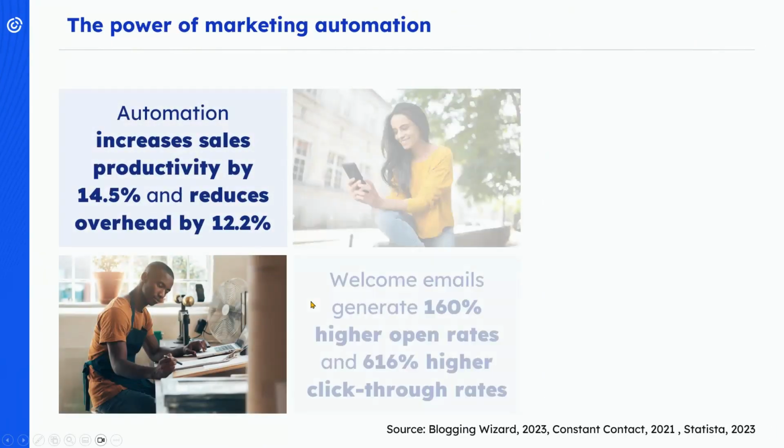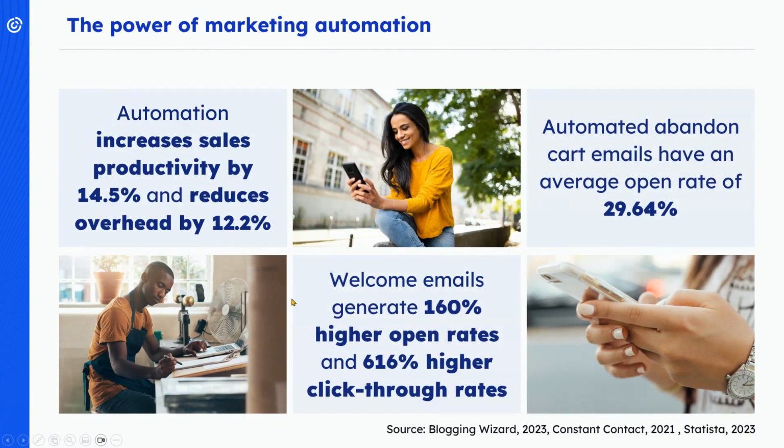Now, we always like to start off a lot of these webinars with some stats. The big key takeaways here is that automation helps you do other things. A really good example of this is if you take a couple hours every month to send out birthday emails, well, you really don't have to. Birthday emails could be fully automated. Now you get those hours back every month. That's a great way to increase productivity, and it reduces your overhead because you're not needing to worry about that